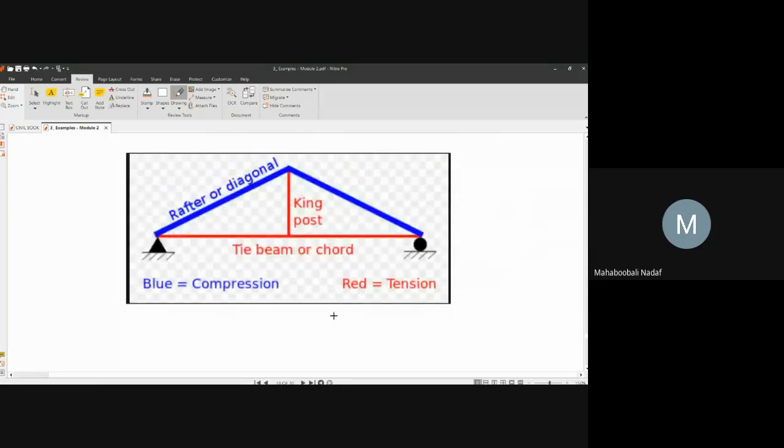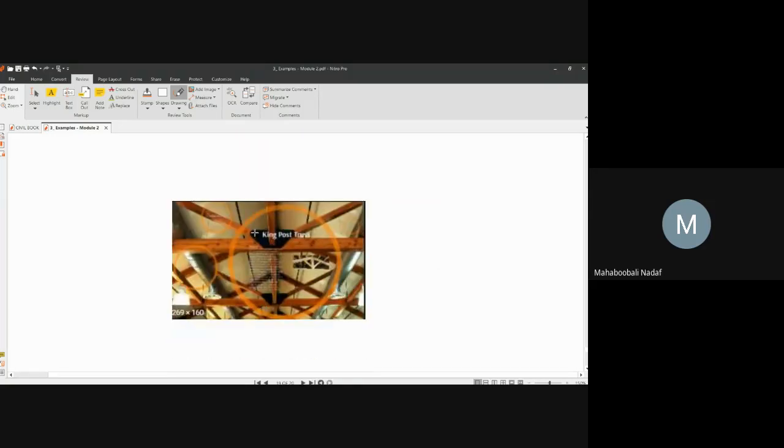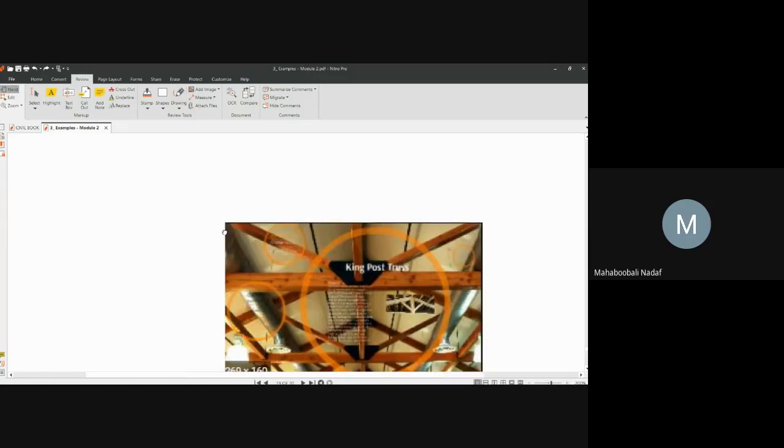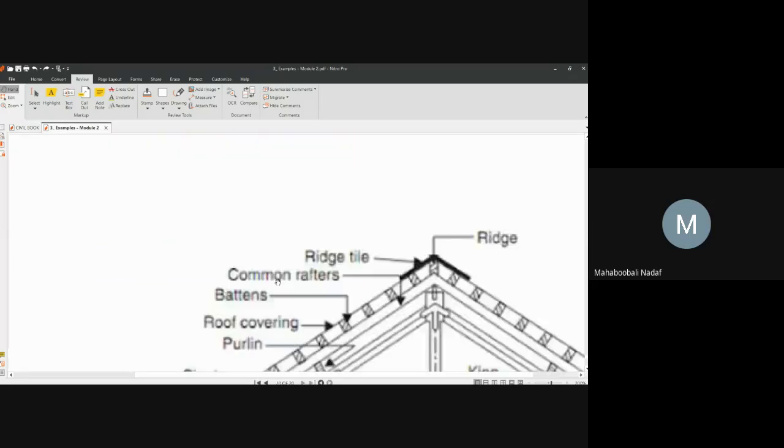Now here, what are the elements which are in tension? The blue colored ones, the rafters, are generally in tension. Other things will be in compression. So in another diagram you can see, wherever the joinings are, these are joined with gusset plates. Are you able to identify the gusset plate? The gusset plate is seen in black color, joining the king post, tie beam, and everything. Maybe nut and bolt can also be used.